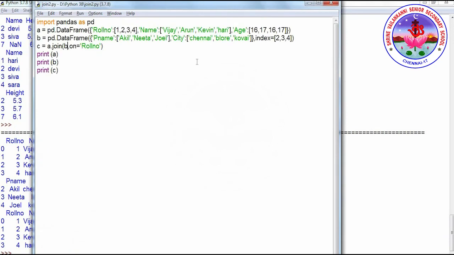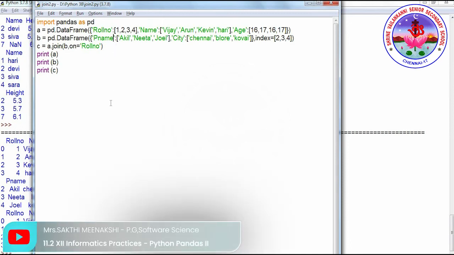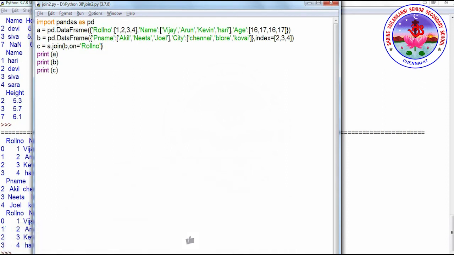One more important thing is we should not have the same column name in two tables. In that case, it will throw an error. For any join, all the column names should be unique. So what happens if we have the same roll number here? It will throw an error. To avoid that, we have the next two parameters, called L suffix and R suffix.